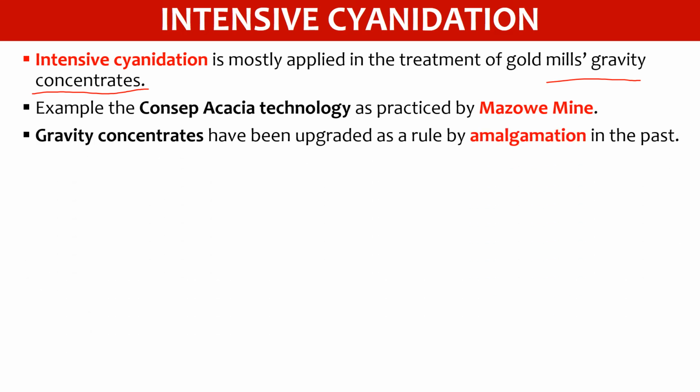Generally, we all know that amalgamation has been the conventional method of treating your gravity concentrates, because it is very cheap and very easy to do. You simply put in your gold, and your mercury takes care of your gold, and then you simply burn off or remove the amalgam, and you remain with your gold. So it has been a very easy process, and it's actually been very useful. However,